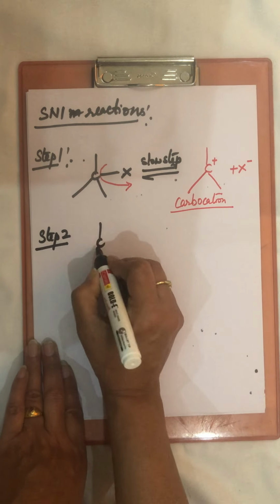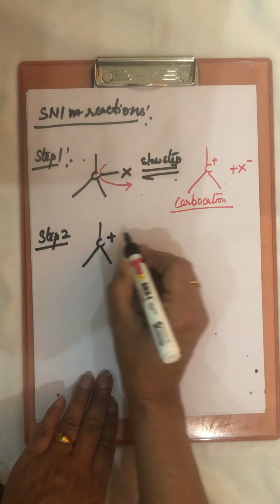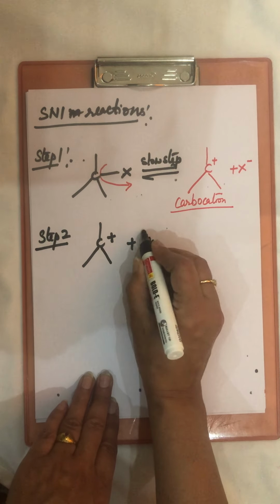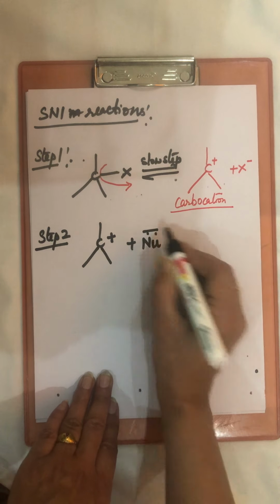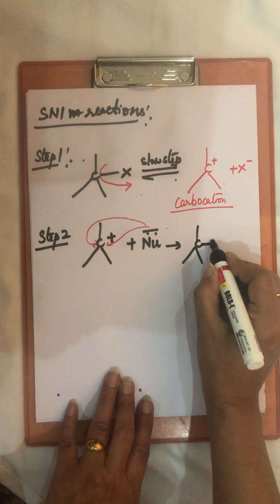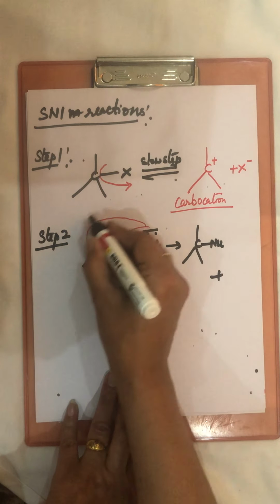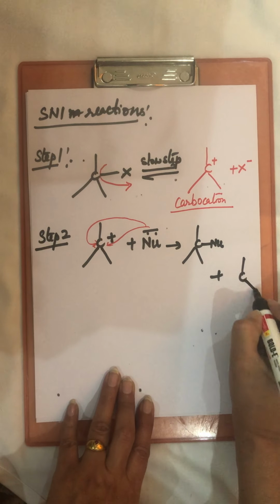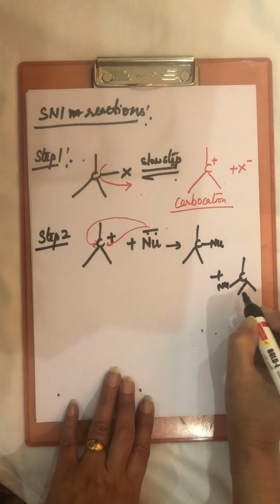Step 2. Now on this carbocation formed, the nucleophile is attacking. This nucleophile now can attack this carbocation from this side also or from this side. Because this has a planar structure, from all sides it is getting the same space, so it can attack from both these sides. If it is attacking from the right side, we are getting this product, and if attack is from the left side, then we are getting the nucleophile on this side.